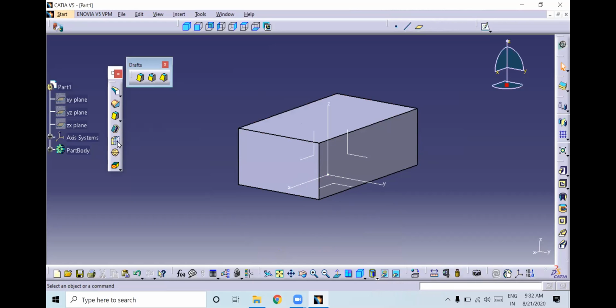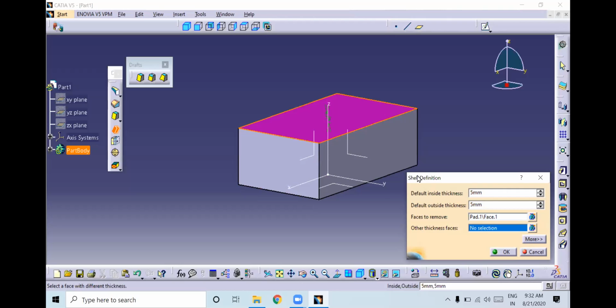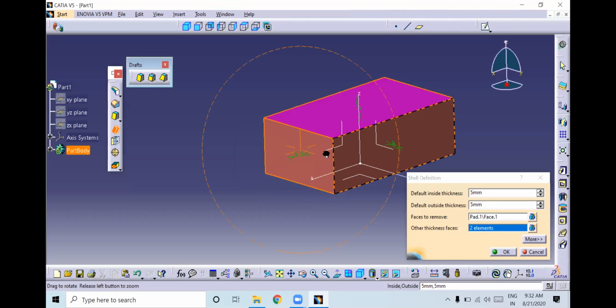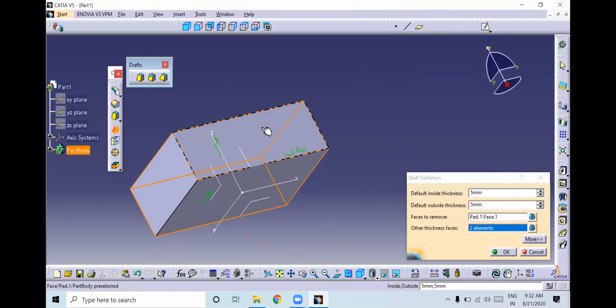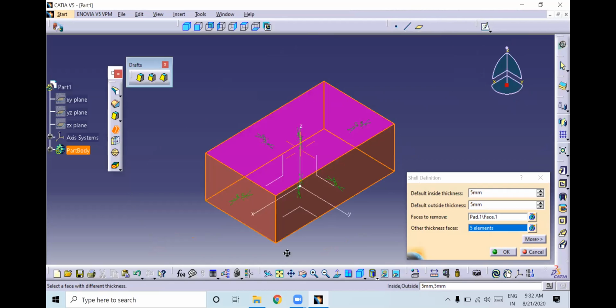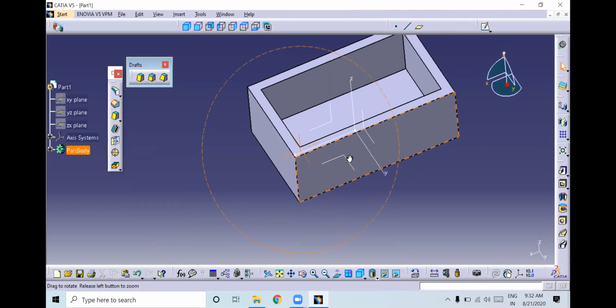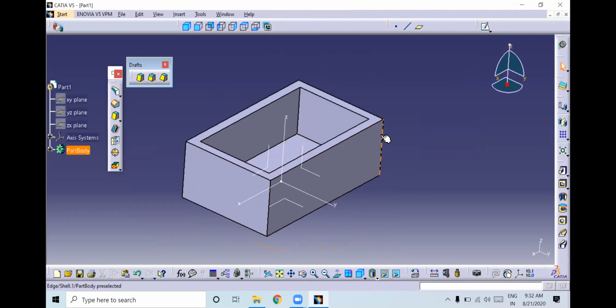Once again, go to shell and give thickness; I will give 5 mm and 5 mm. Face to remove, I will select this. For other thickness faces, click on it and select the faces. Here I will select 3 faces. If you give OK, it is going to create a hollow block.